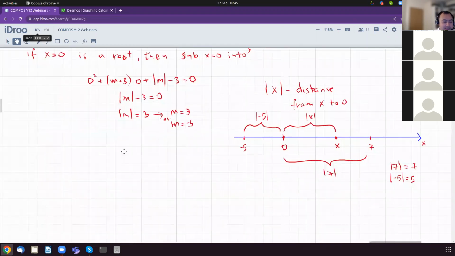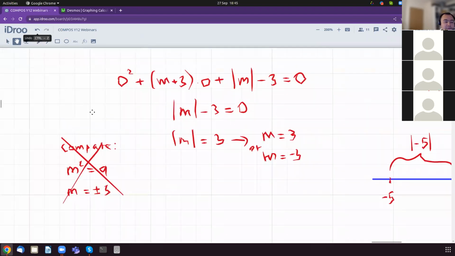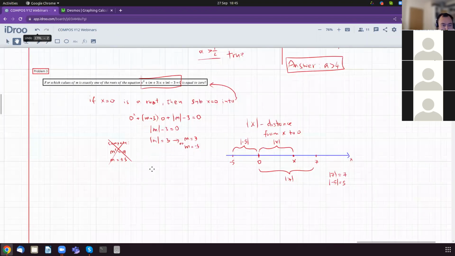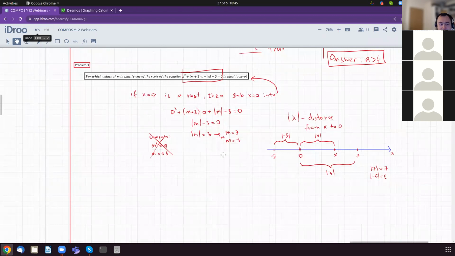In a way, this equation is very similar to m squared equals 9, and you get m equals plus or minus 3. So in a way, this is similar. I'll cross this out just not to confuse anyone. All right, now we got two answers, but